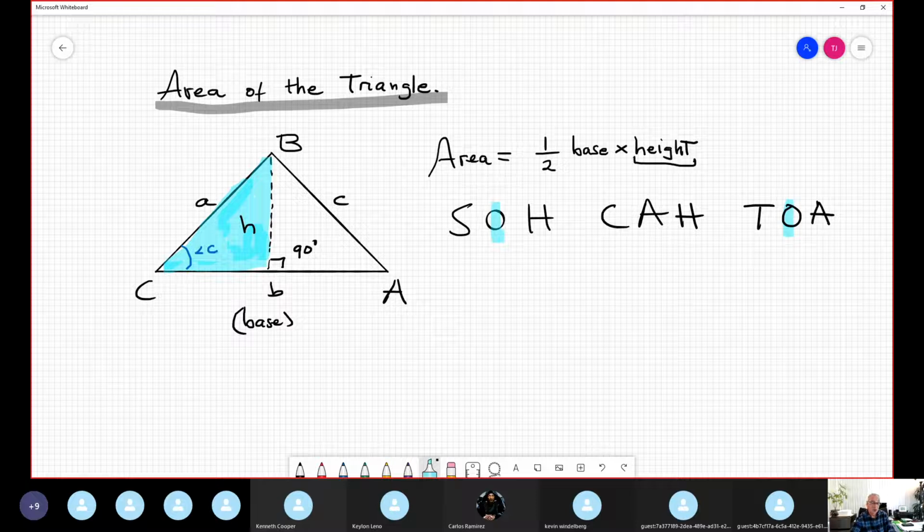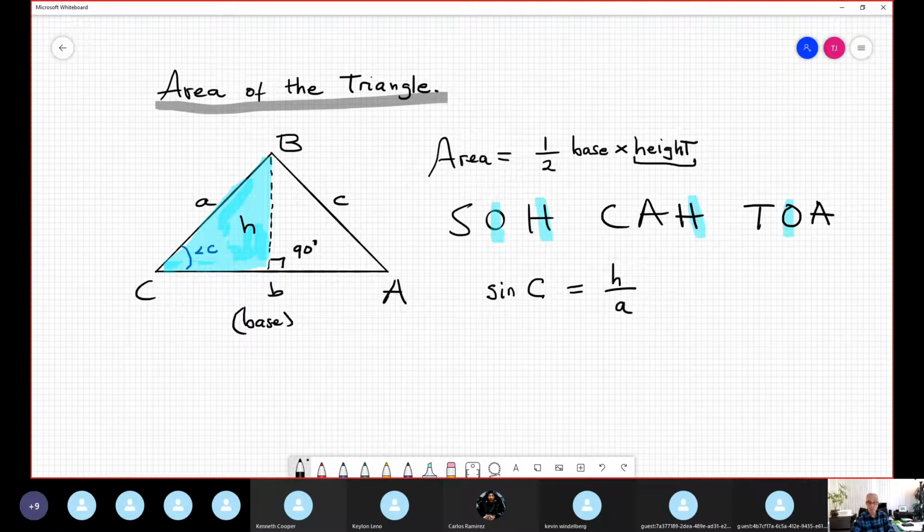And suppose I have no information about this segment, but I know A, which is the hypotenuse of this. So it is obvious that sine of the angle C is equal to h divided by